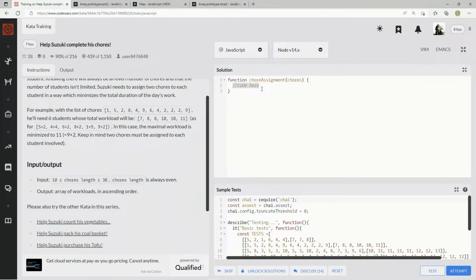So to do that, we're going to start off by declaring some variables. We're going to say let result equal an empty array, right? Then we're going to let length equal chores.length, and then we're going to let sorted equal chores.sort A, B